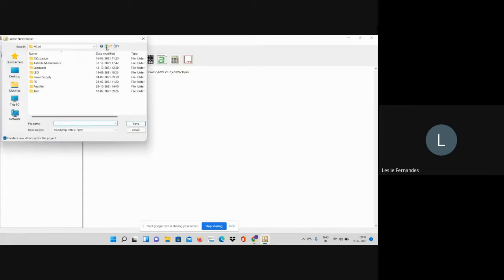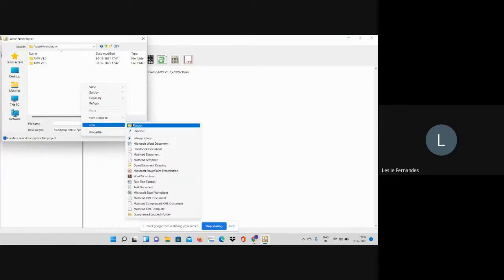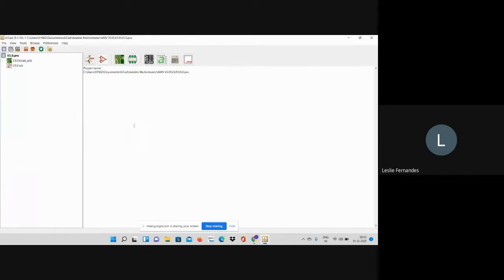There will be some KiCad folder, and I've already practiced this astable multivibrator. This is my third version that I'm going to make, and the third version is for you. So I'll make a new folder and name it Stable Multivibrator version 3.0. I'll create a new project and call it Stable Multivibrator version 3.0, and in this folder I will be storing my file. I'll call the file name version 3.0 and save. So this is my project.